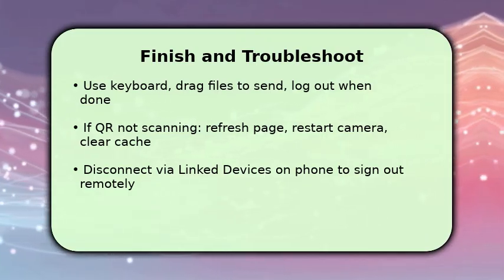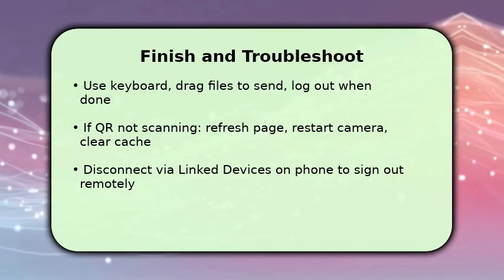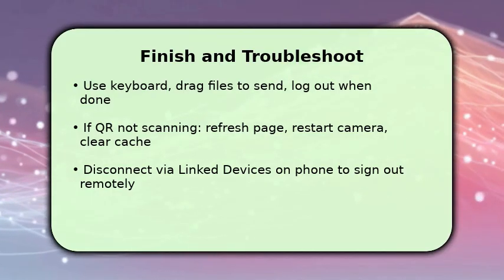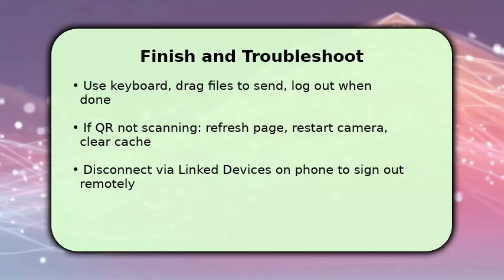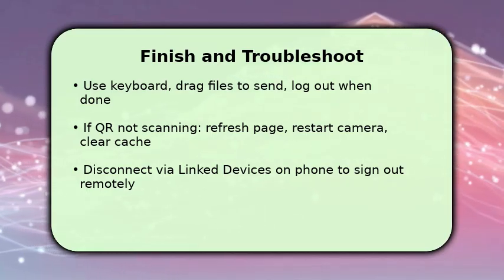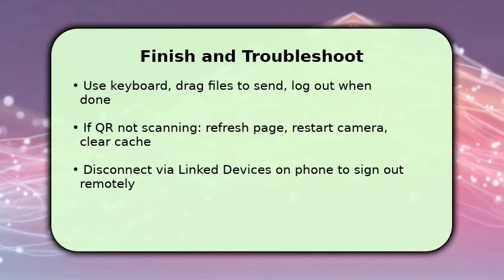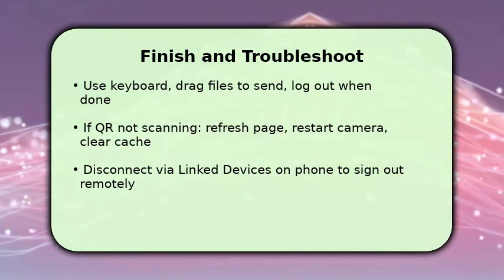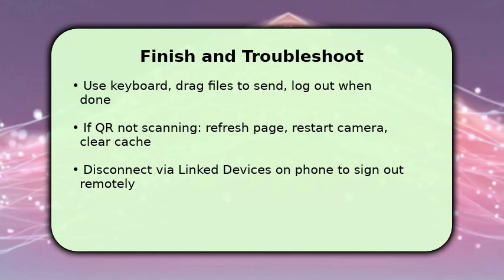If scanning fails, refresh the web page, toggle desktop mode off and on, or restart your phone camera. Sometimes clearing browser cache fixes persistent QR issues. Make sure both devices stay online. To sign out, open WhatsApp on your phone, go to Linked Devices, and terminate the session. That immediately